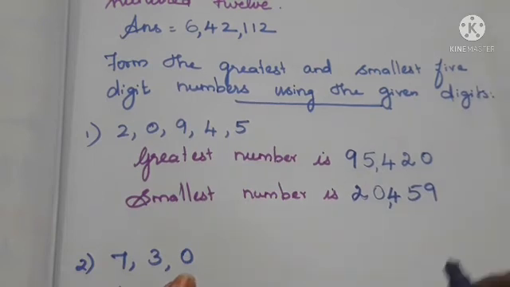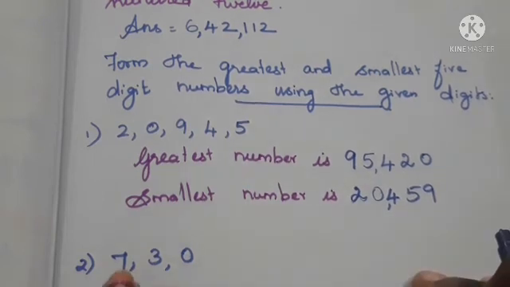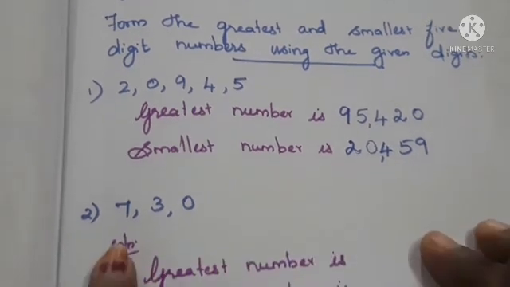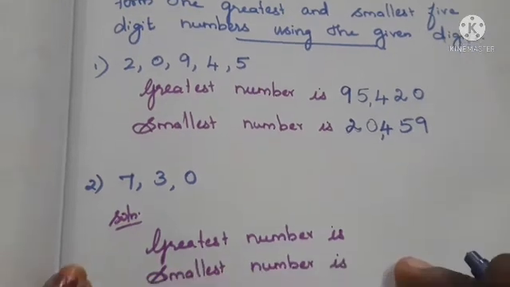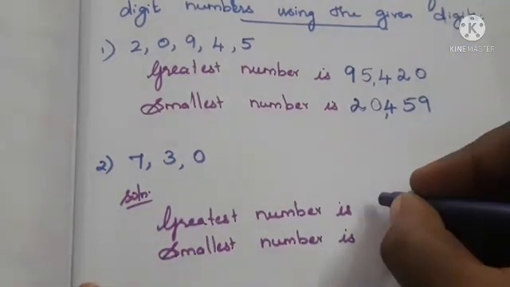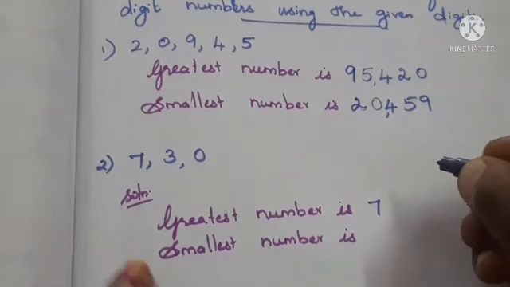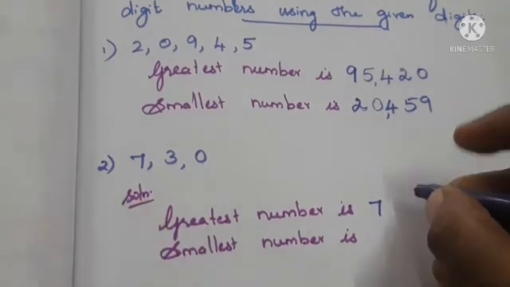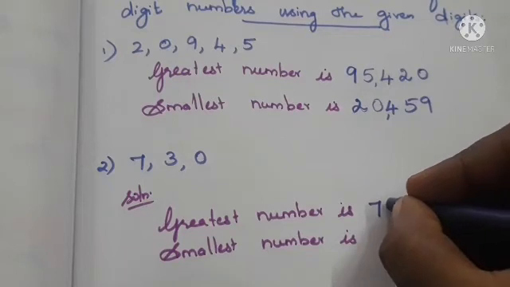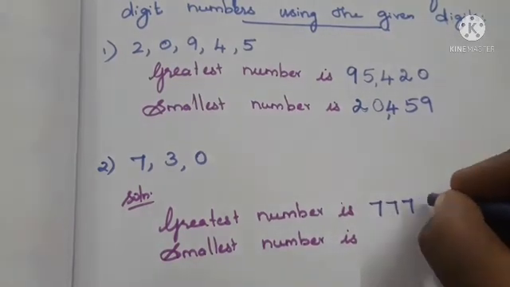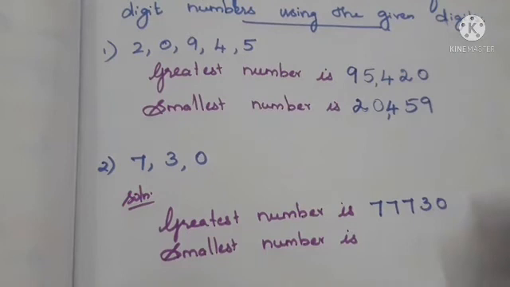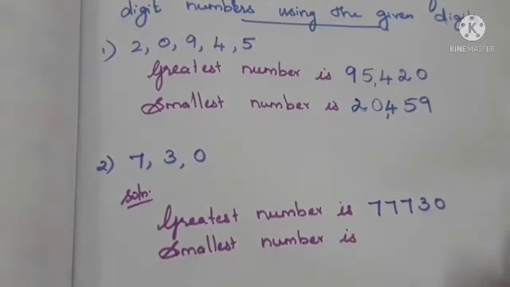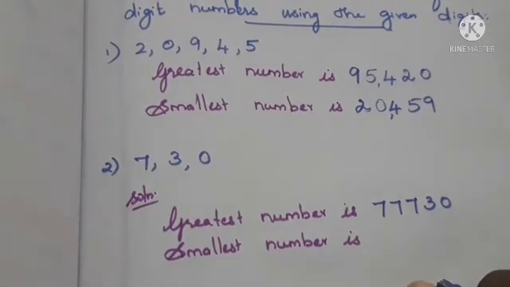So if you want to form a 5-digit number, we have to repeat the greatest number as many times as we need. Okay, so just you see, ma. The greatest number is 7. Among these digits, 7 is the greatest one. We need 5 digits, but here only 3 digits. So we have to repeat this 7 for 3 times. Next 3, then 0. Understood? Now we got the 5-digit number. Okay, this is the greatest 5-digit number.